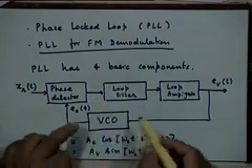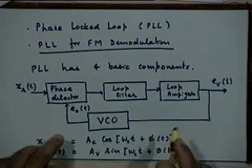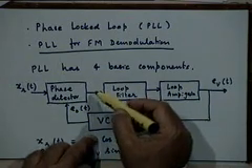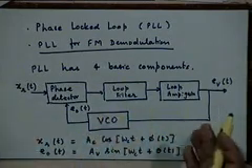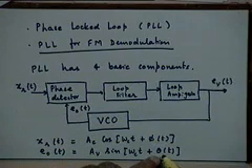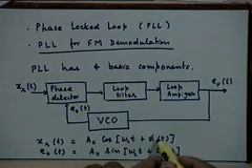This whole thing is designed in such a manner that it will try to drive this error to 0. Suppose that happens, we have to discuss whether that happens or not. Suppose that happens, basically what you are saying is this theta of t will try to follow phi of t,